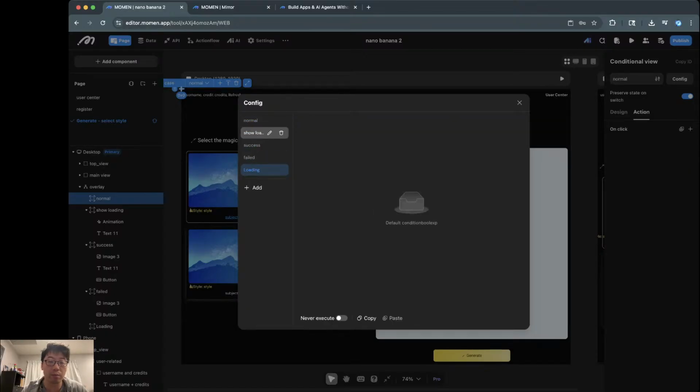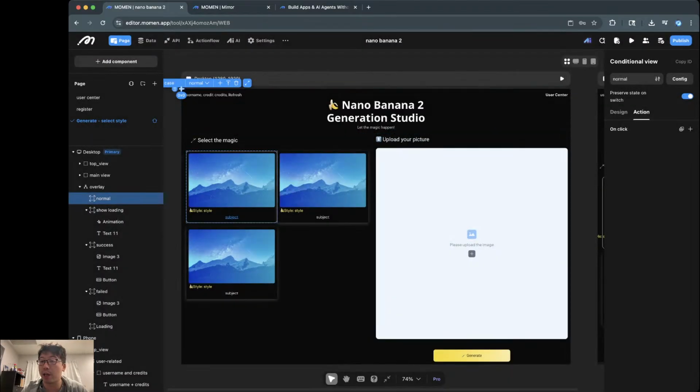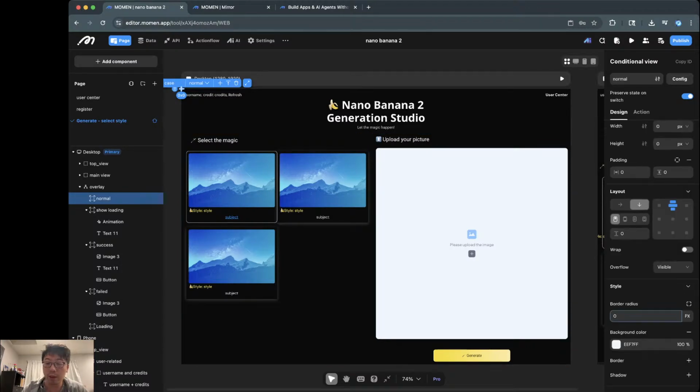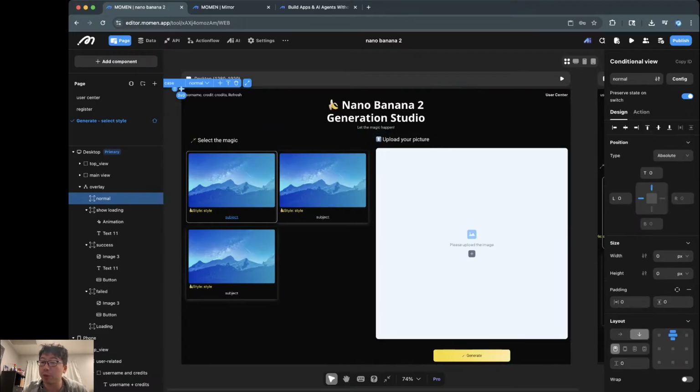So the first one will always match. We always go into normal. And normal is basically nothing. We have 0, 0, 0, 0, 0, everything, right? So it's basically invisible. It exists on the page, but it's invisible. It is also absolute, so it doesn't participate in the layout system. It's just dangling alone